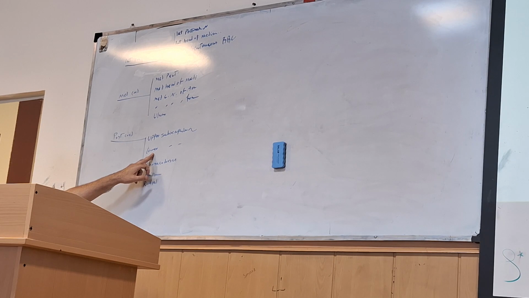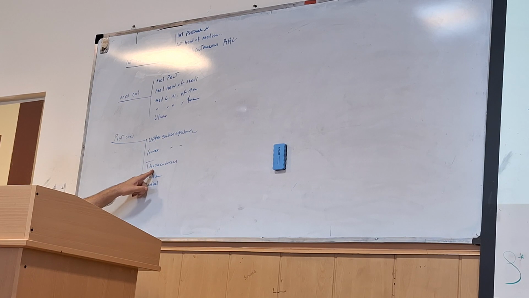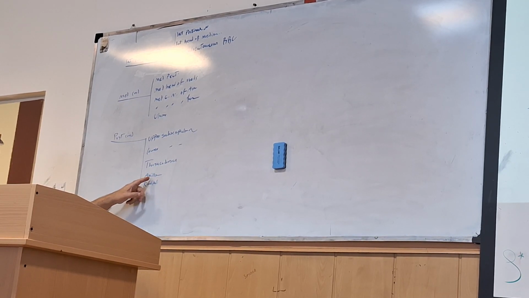Lower subscapular also supplies teres major, and the infraspinatus muscle is posterior. Thoracodorsal innervates latissimus dorsi. Axillary nerve innervates deltoid and teres minor. Radial nerve innervates